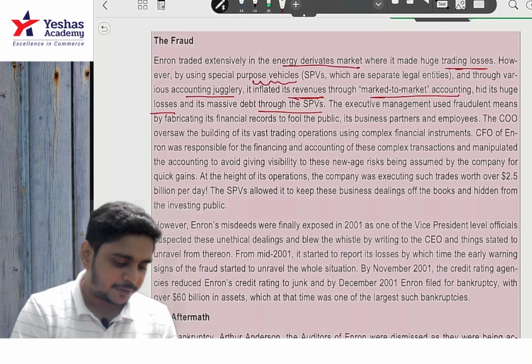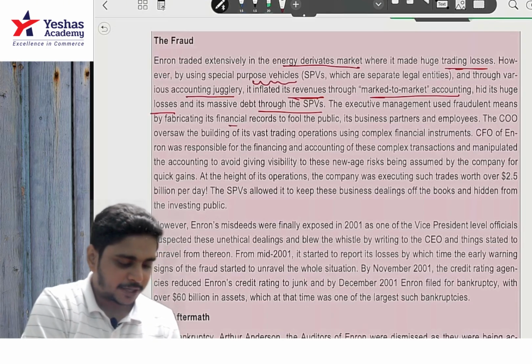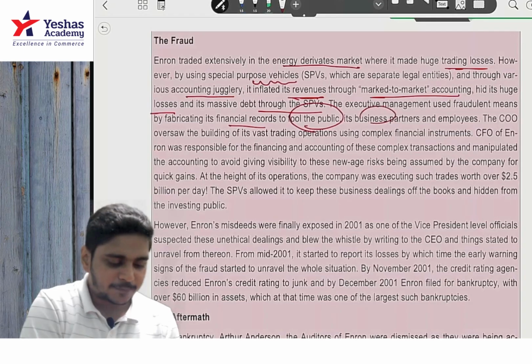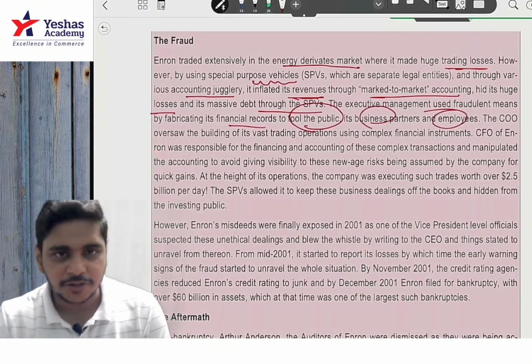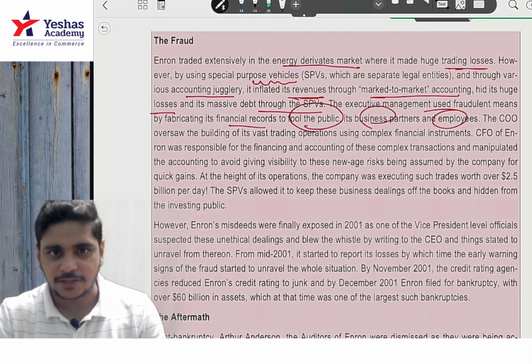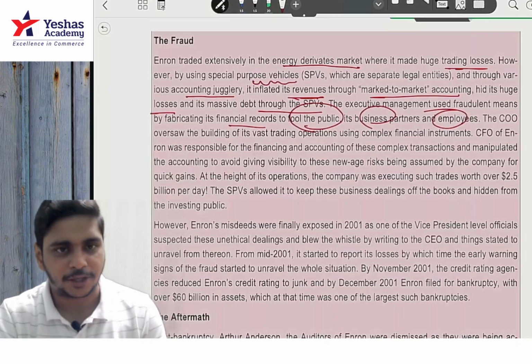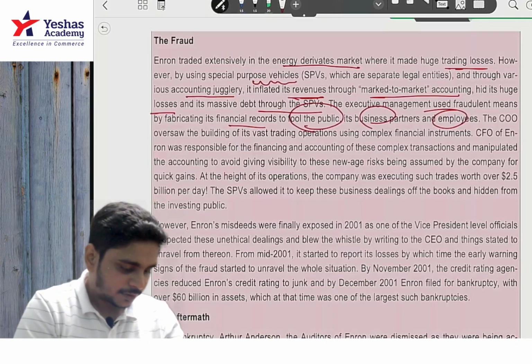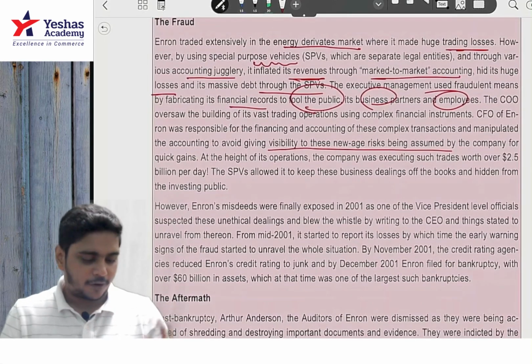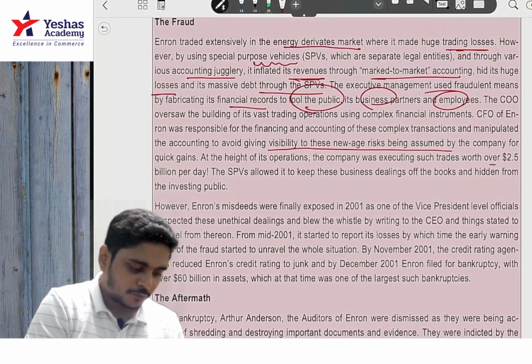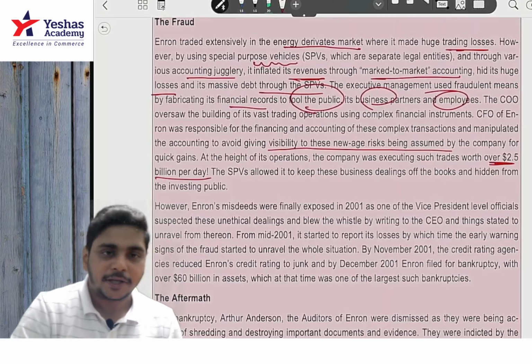The executive management used fraudulent means, fabricating financial records to fool the public, the business partners and employees. The COO oversaw the building of its vast trading operation using complex financial instruments. The CFO was responsible for financial accounting of these complex transactions and manipulated the accounts to avoid visibility of this new age risk being assumed by the company. At the height of operation, such trades were over $2.5 billion per day, and it was